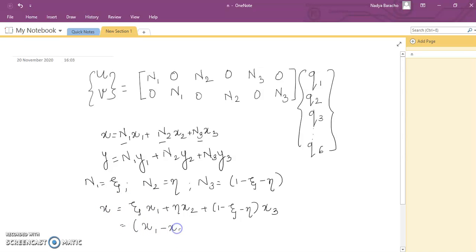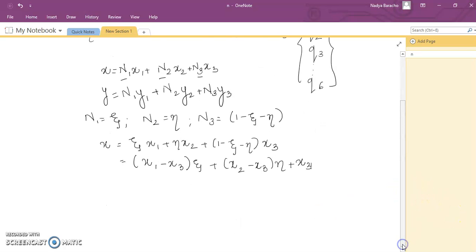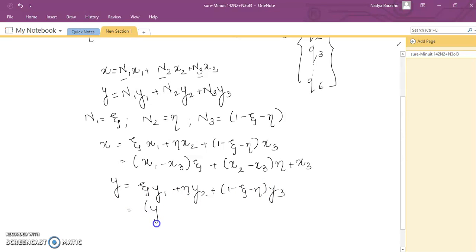Combining the zeta and eta terms together, x1 minus x3 is the coefficient of zeta, x2 minus x3 is the coefficient of eta, and x3 is a constant. And y we will get as zeta y1 plus eta y2 plus (1 minus zeta minus eta) y3, bringing together the zeta terms and the eta terms,